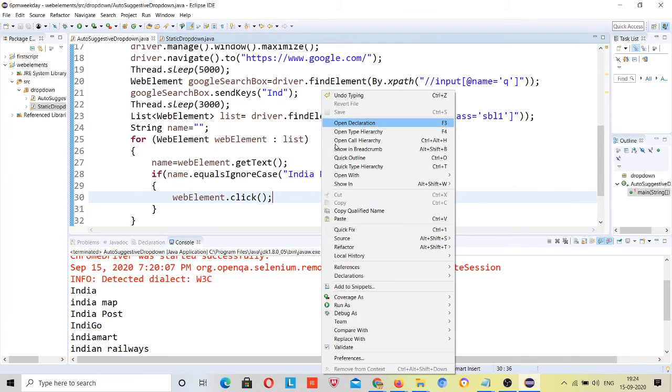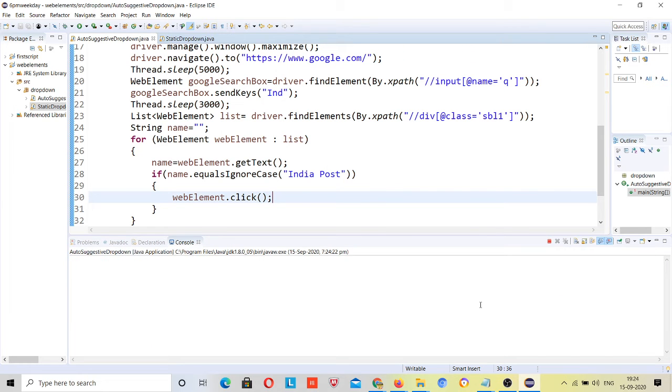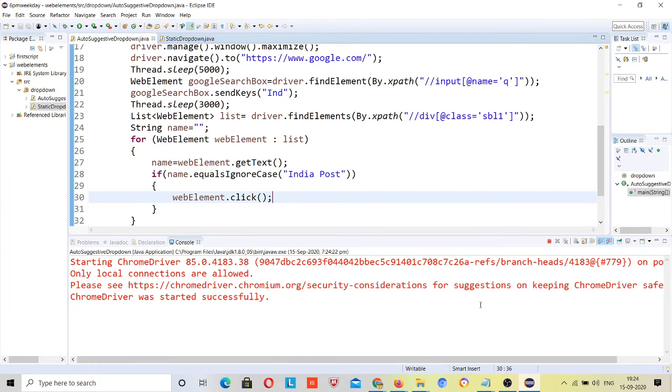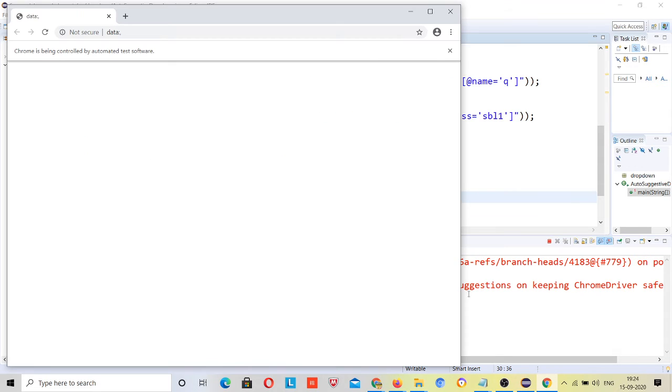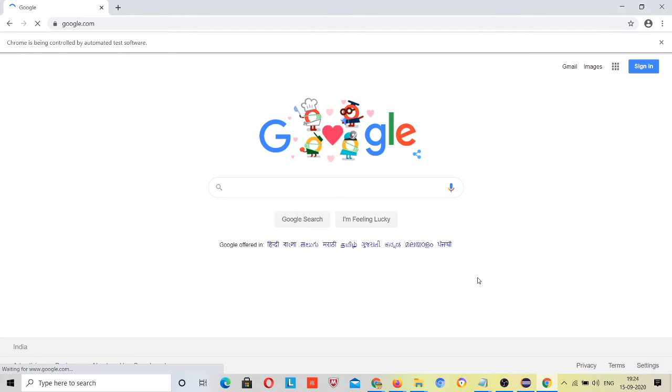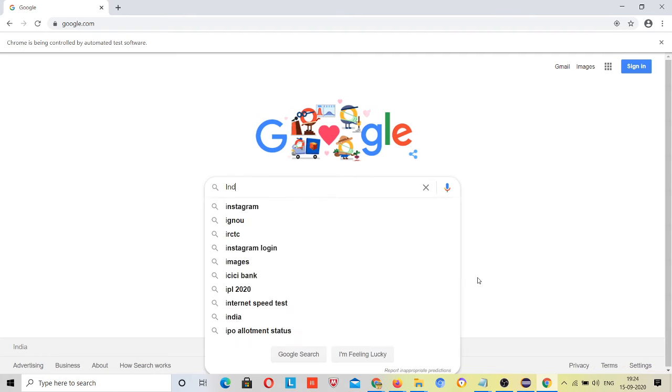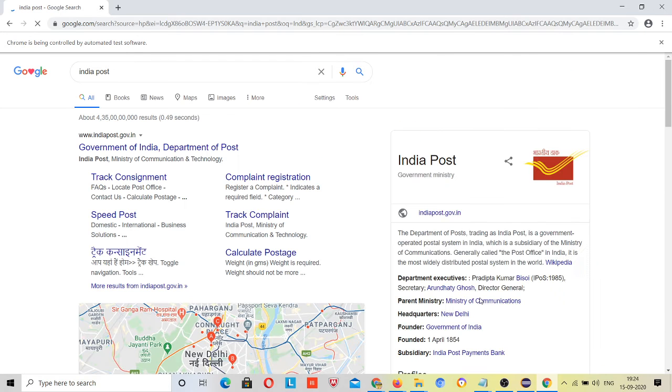Let me run it first. It will search for India, and I will tell you why this clicked on that. Okay, it clicked because I was using a for each loop.